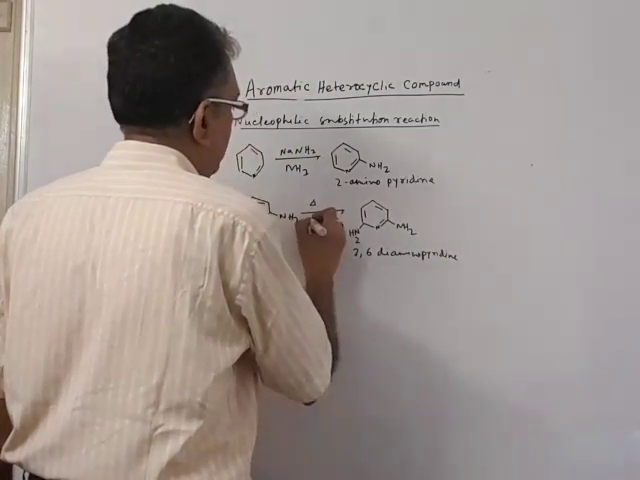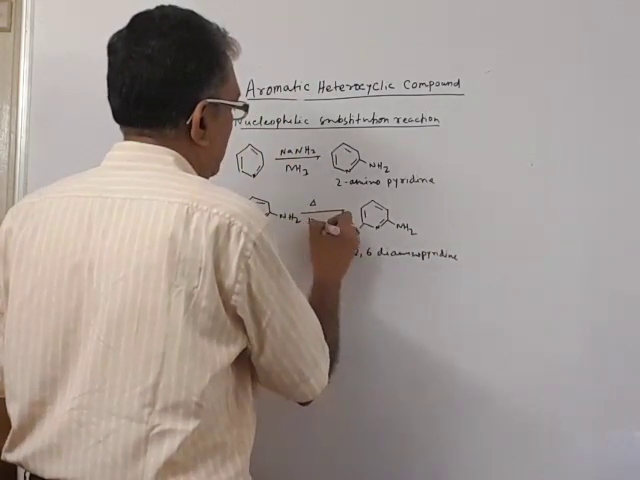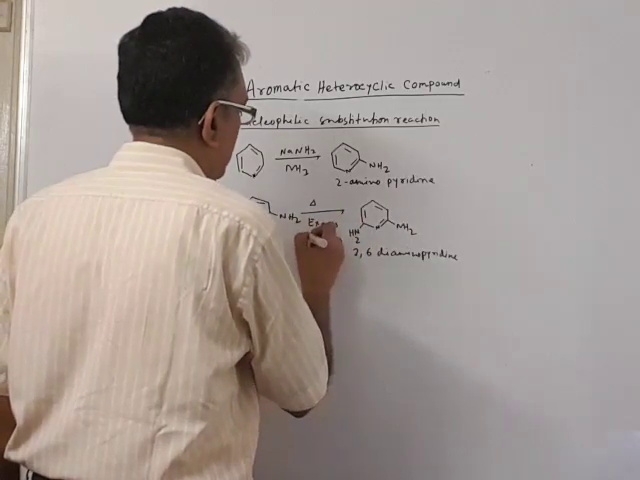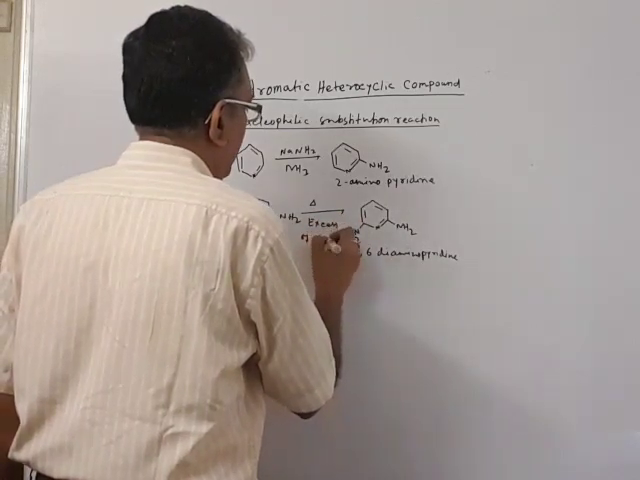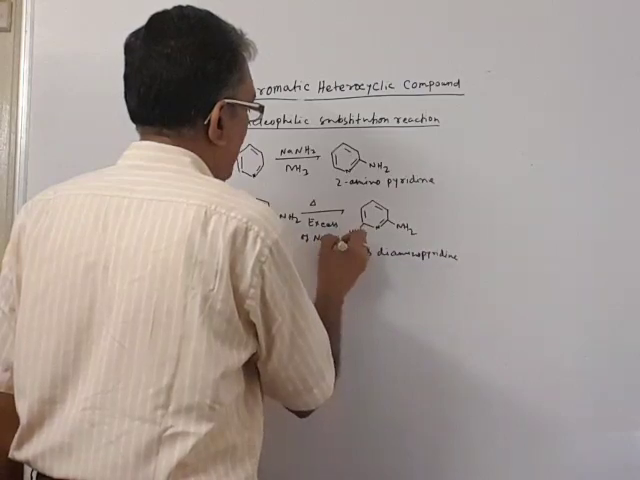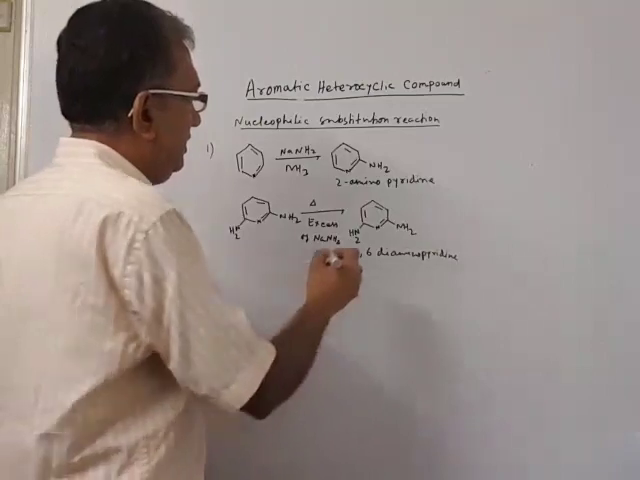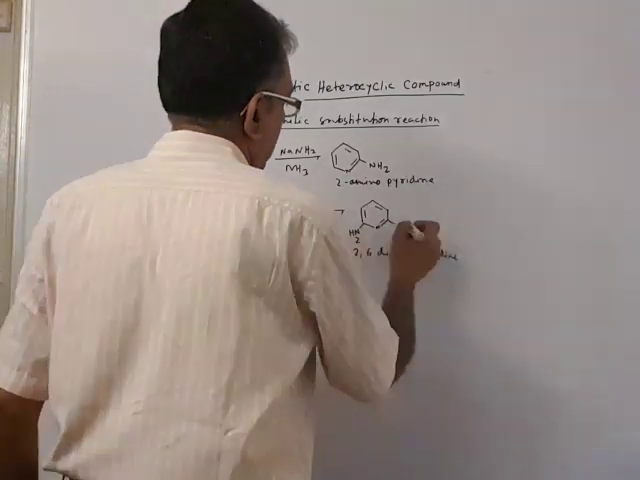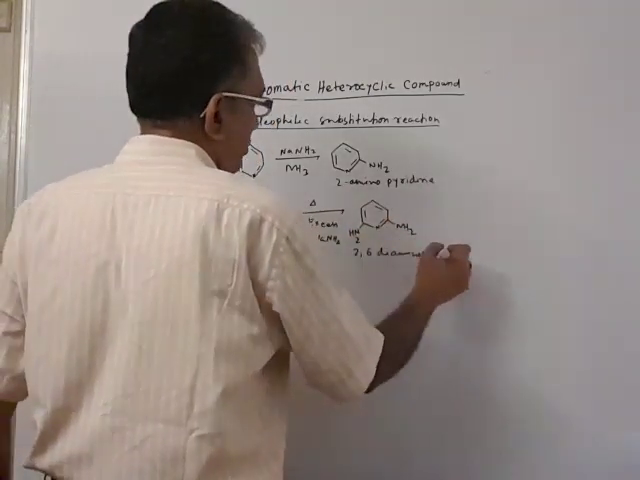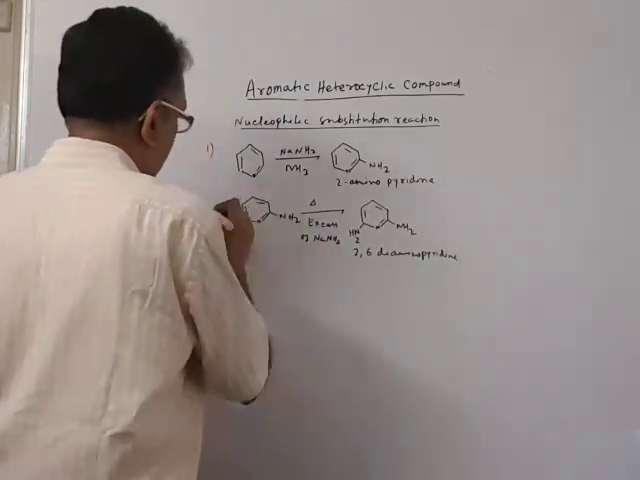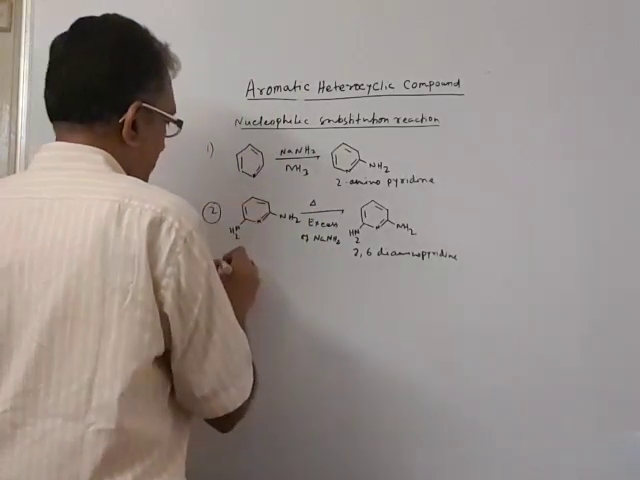And here we are using excess of NaNH2, sodium amide. Excess of sodium amide is used here, where we are getting the diamino product, 2,6-diamino pyridine. This is number 2, and number 3, when